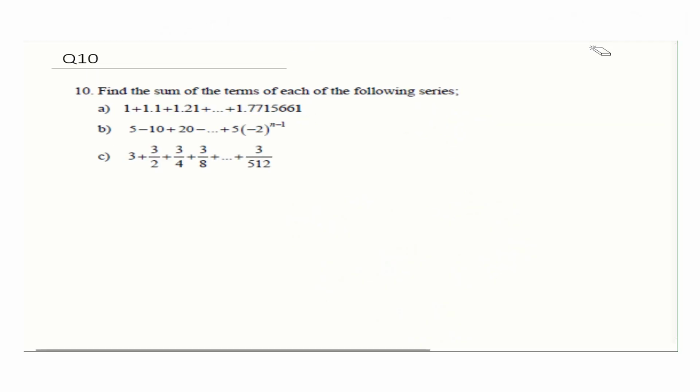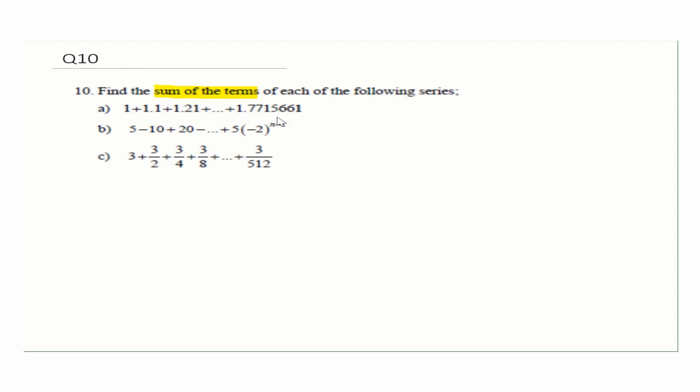Let's move to question 10. Question 10 asks to find the sum of the terms of each of the following series. We are going to find the sum of the series. Question 10a: the given series is 1 plus 1.1 plus 1.21 plus until the last term is